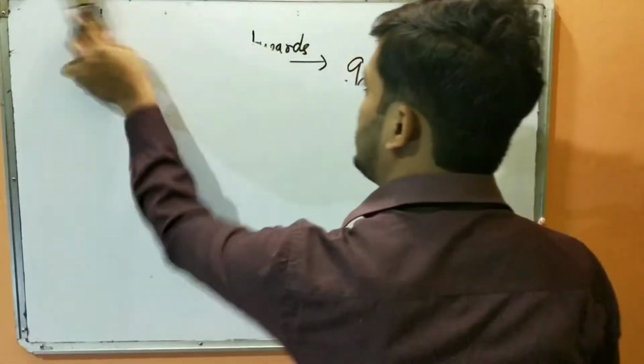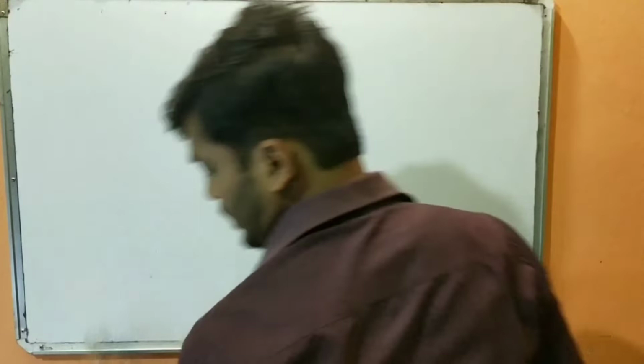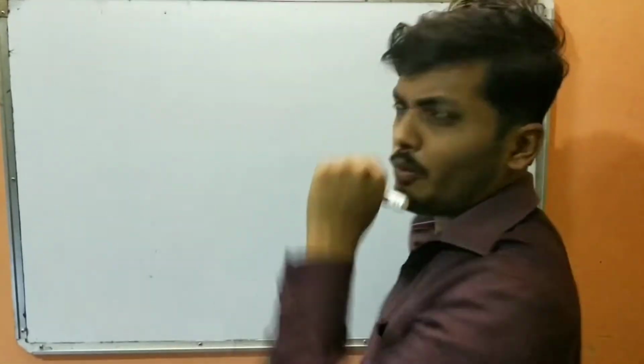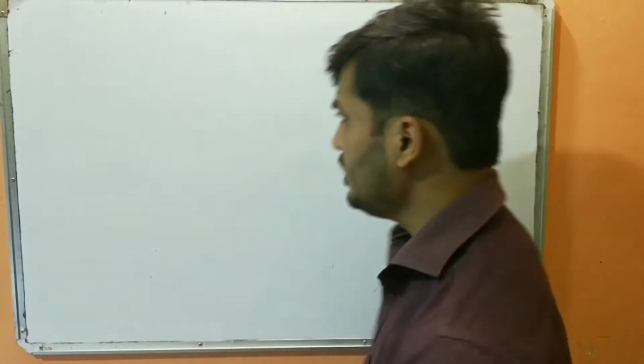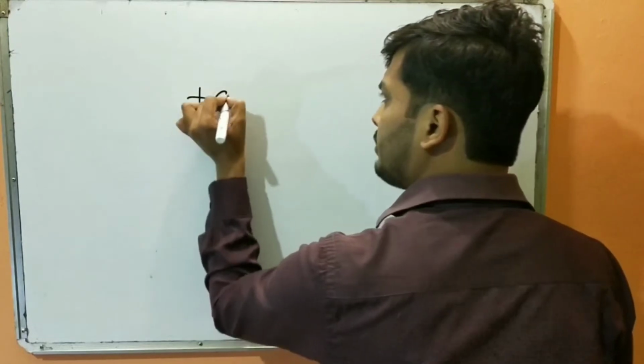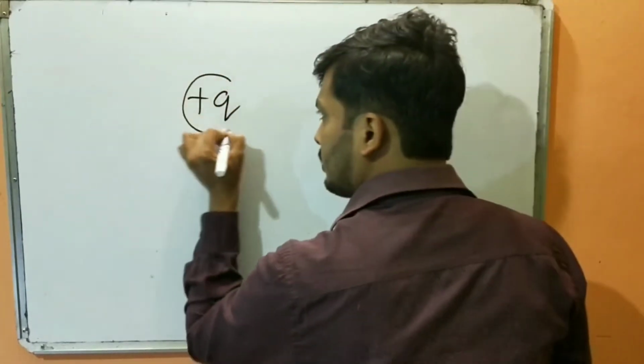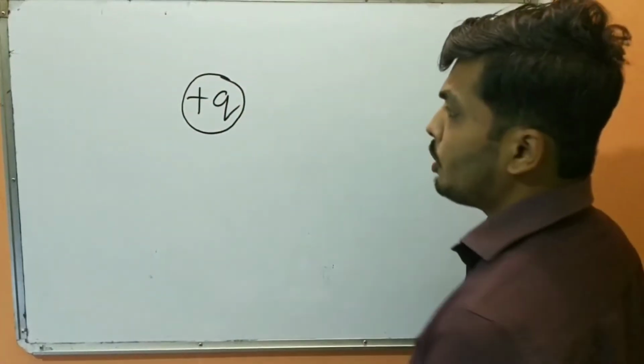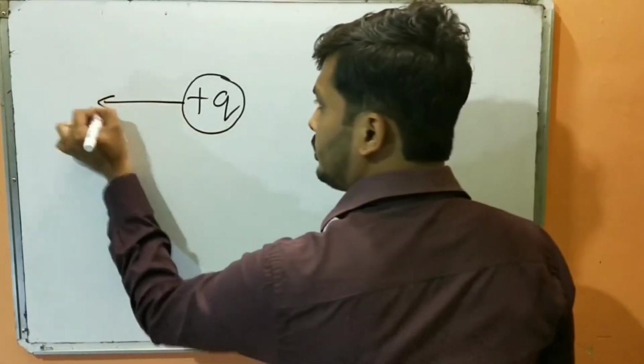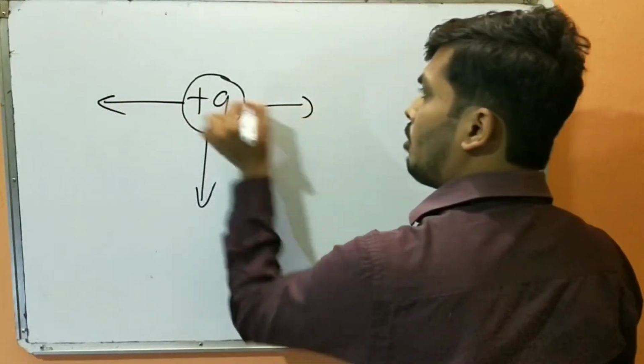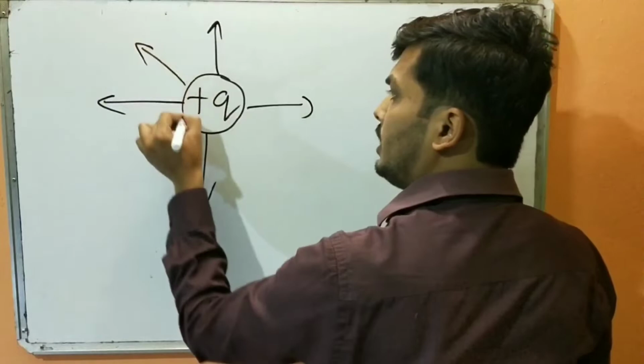Okay, now in the exam they may ask you to draw electric field lines for a system of charges or a single charge. Let me give an example. Have you understood why for a positive charge it will always be radially outwards? Because I am considering the test charge as a positive charge, and for a positive test charge it will always be radially outwards. For a negative charge it will be radially inwards. So suppose I have a charge plus Q and I enclose it. What will be the direction of the electric field lines? It will be radially outwards.